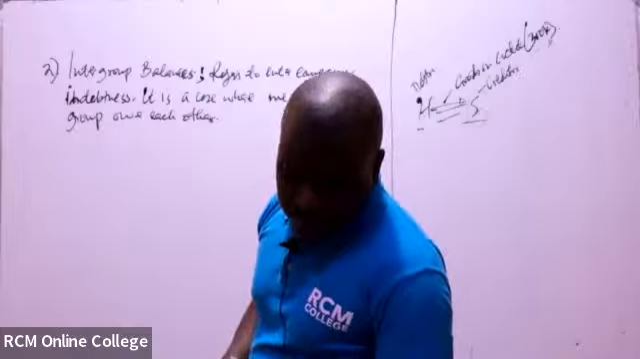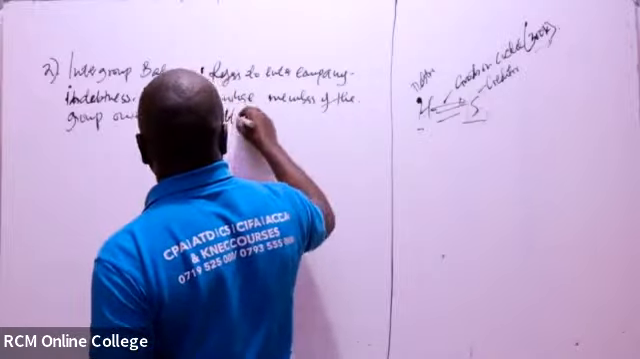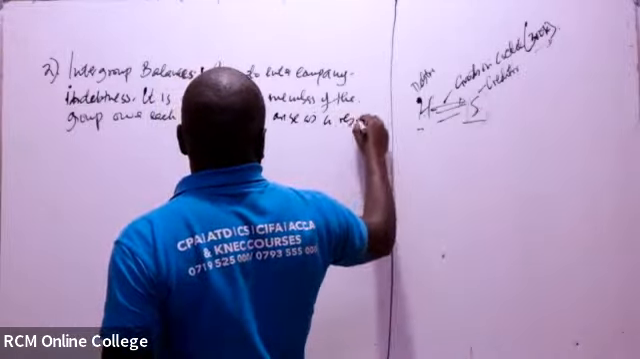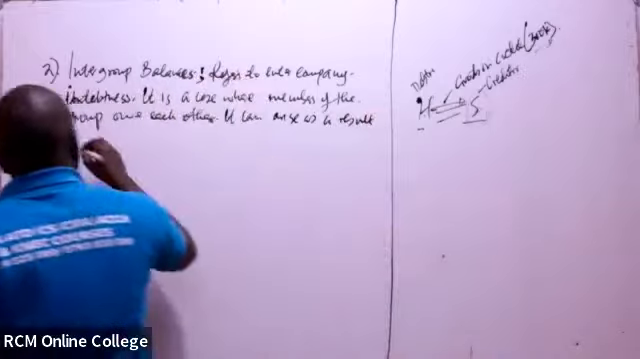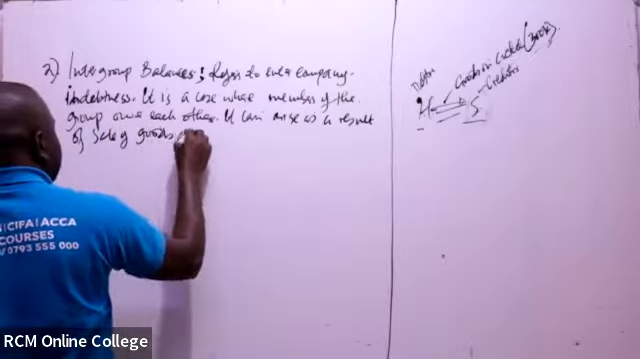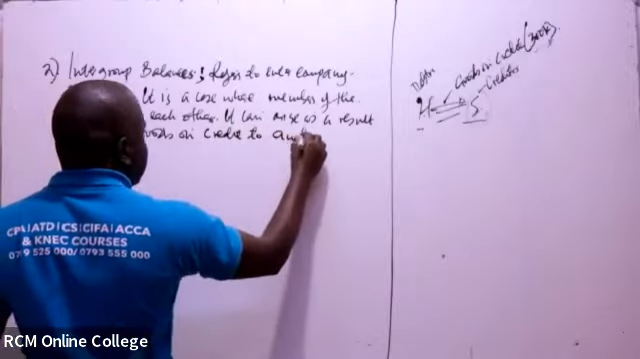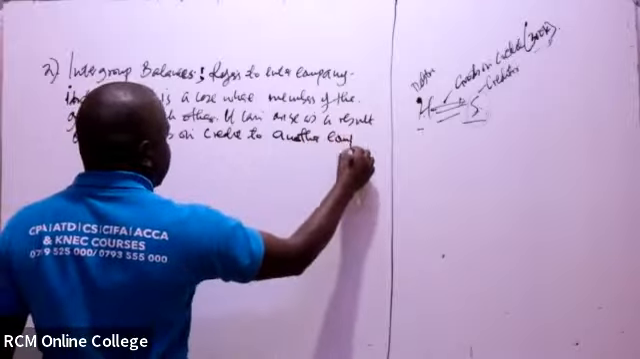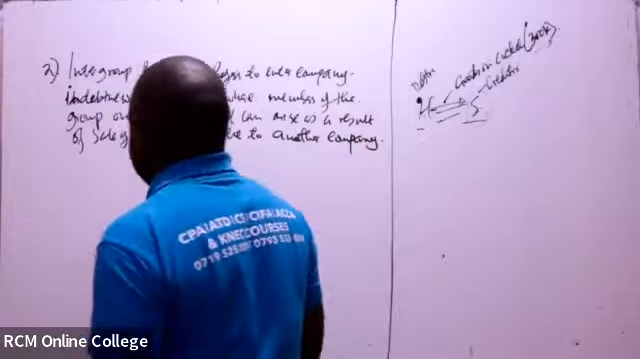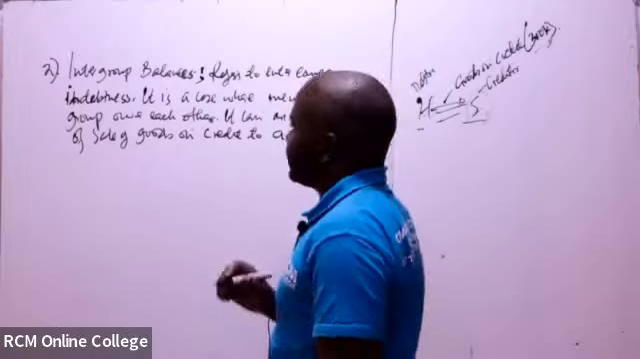So it can arise as a result of sale of goods on credit to another company. Then you write and say, in this case,